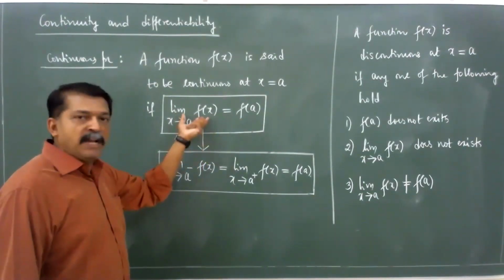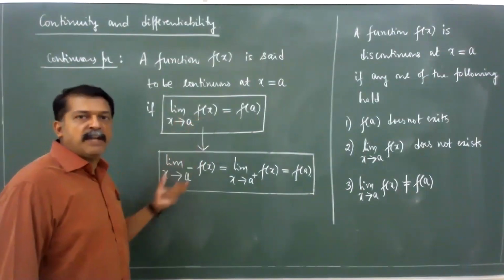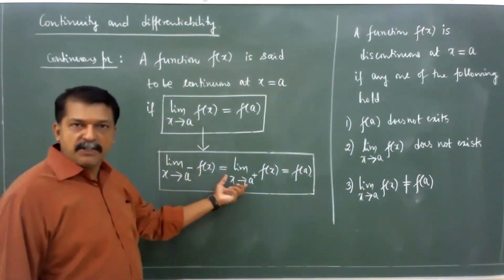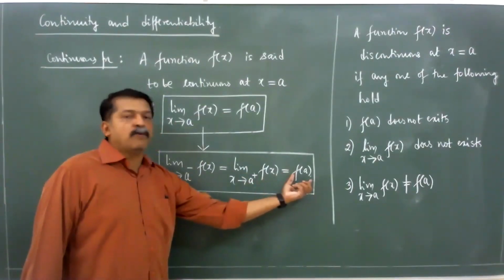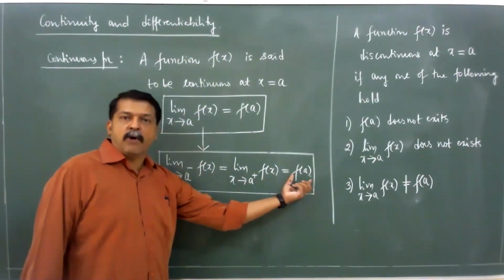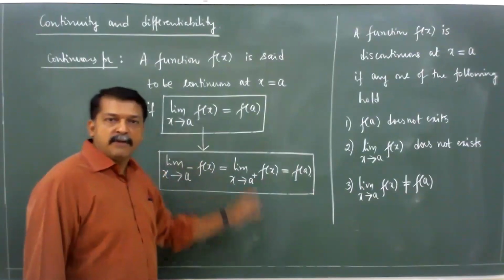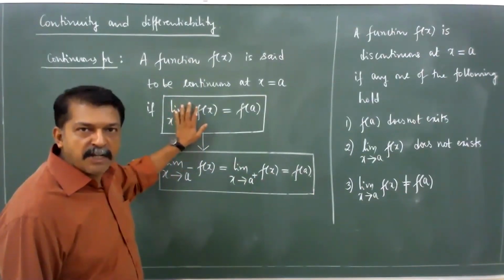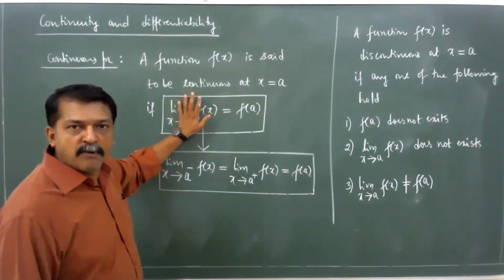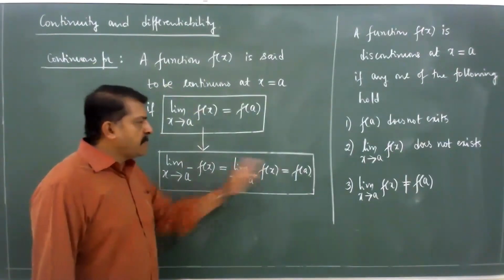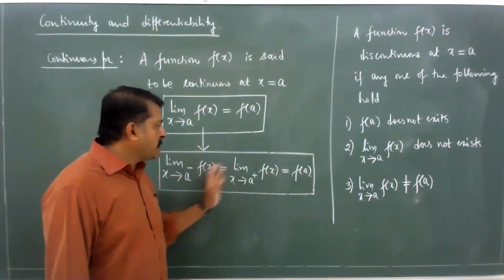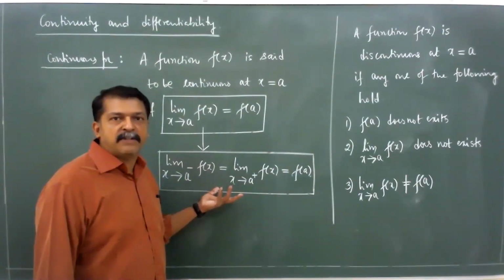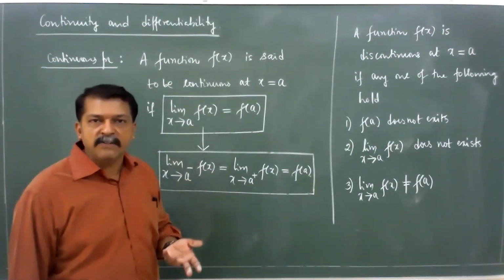The moment you say limit exists, that means LHL is equal to RHL. You can say LHL is equal to RHL is equal to the value of the function at the point. If this happens, the function is continuous at the point x is equal to A. If any one of the equalities is not satisfied, then the function is